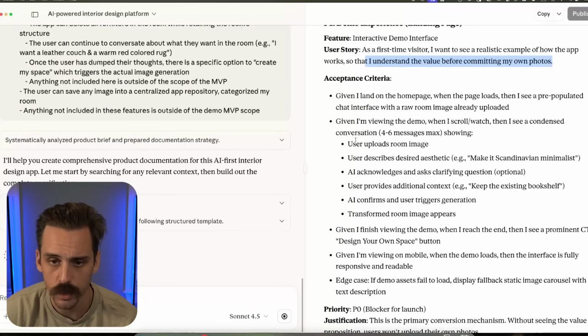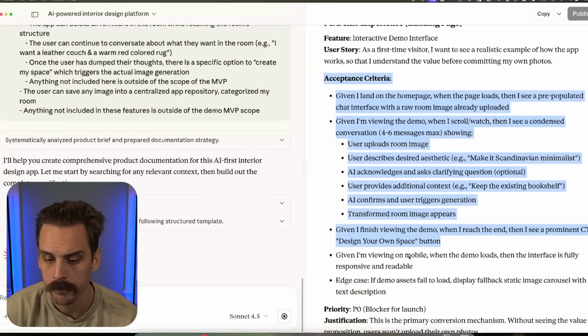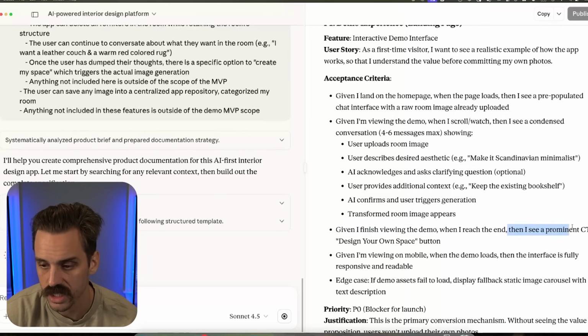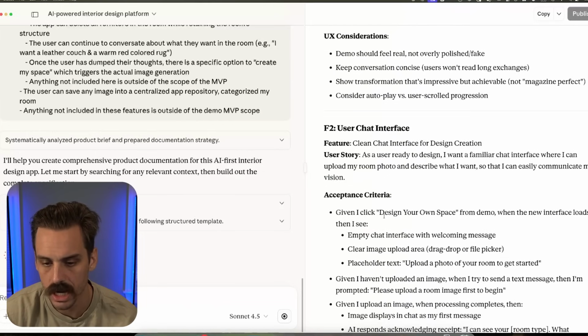And so then we have for each of these features, what is the acceptance criteria? Meaning, well, how should it function if that's the case? So for example, when I finish viewing the demo, when I reach the end, I see a CTA that tells me to design my own space. So we can scroll down and just see how this